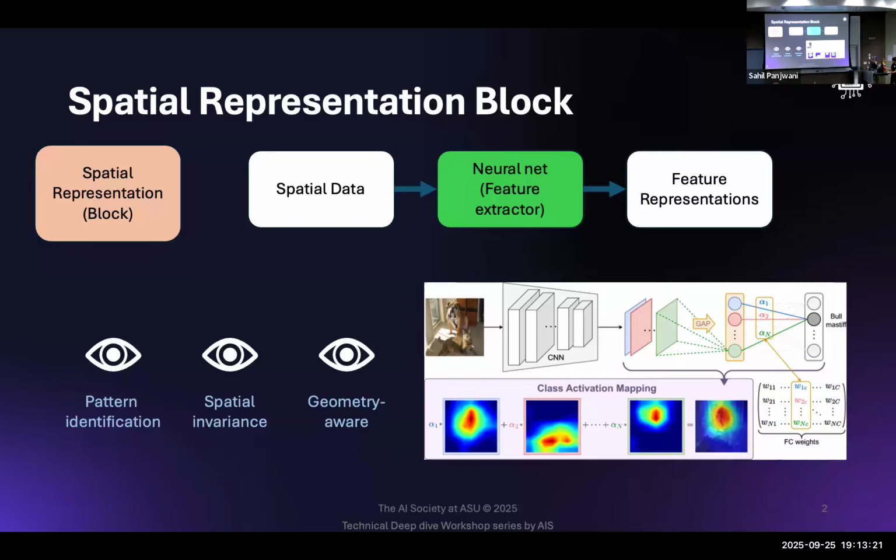Then the third is geometrically aware. Spatial models can encode relationships between shapes and distances between objects, as well as the structures themselves. This is especially important in 3D tasks like robotics or maps, where the arrangement and geometry of the environment matter as much as the objects themselves. So this is the first block that I want to talk about. Moving on,